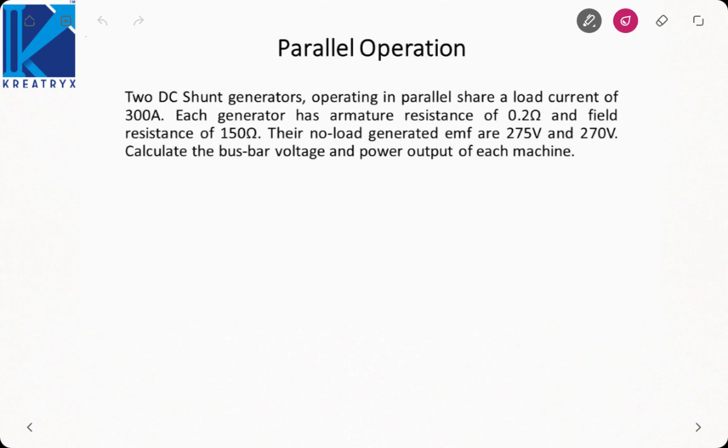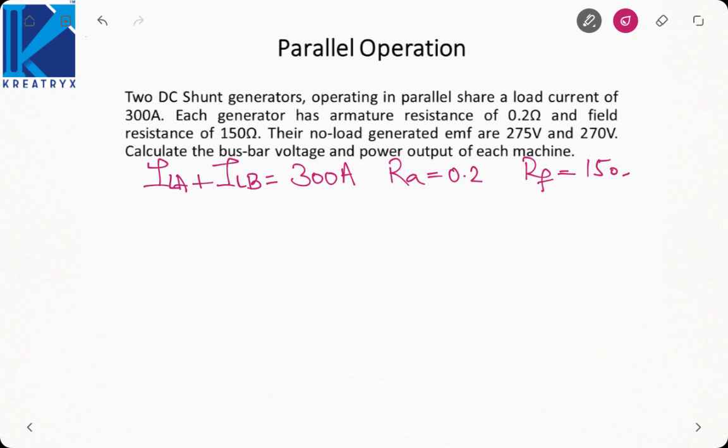It is saying two DC shunt generators operating in parallel share a load current of 300 ampere, which means the sum of their load currents is 300 ampere. Each generator has an armature resistance of 0.2 ohm and a field resistance of 150 ohm. Now we also know the no load generated EMF. So what it is telling us,